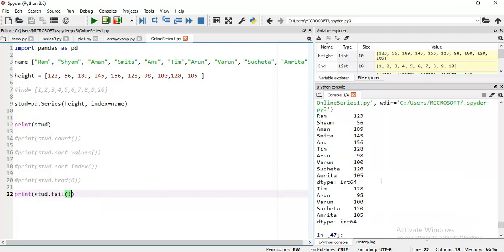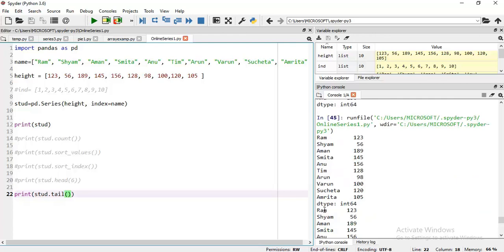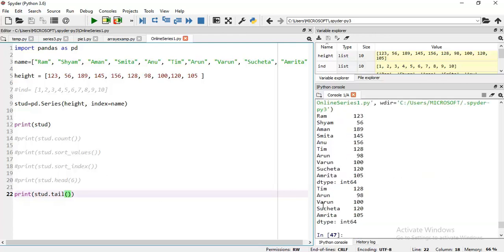Now it returned the records from downward like this. This is our series and it is returning Amrita, Suchita, Arun, Miss from here. This is from the last. Similarly, if you want to see more than 5 records, you can put the number here as a parameter. It will display the records from the bottom. Here in this video you have learned the attributes and the various functions we can use in series. Thank you.